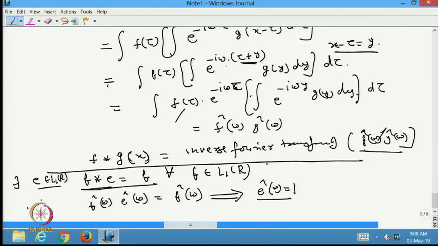But here we are saying E hat of omega is equal to 1, which is not true. Why is it not true? Because if any function belongs to L1(R), its Fourier transform should tend to 0 as omega tends to plus or minus infinity. So if E hat of omega is 1,